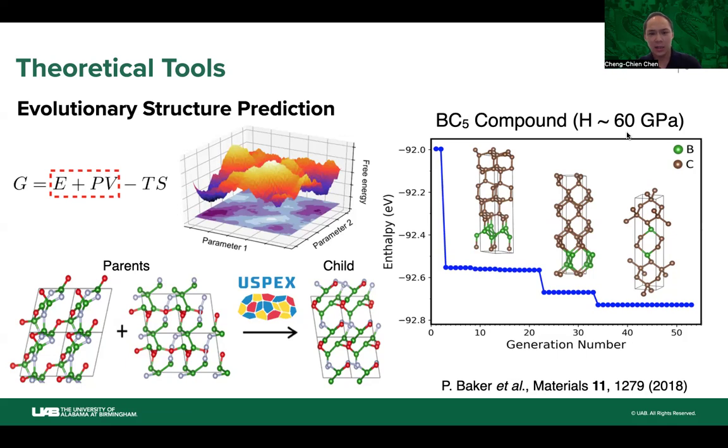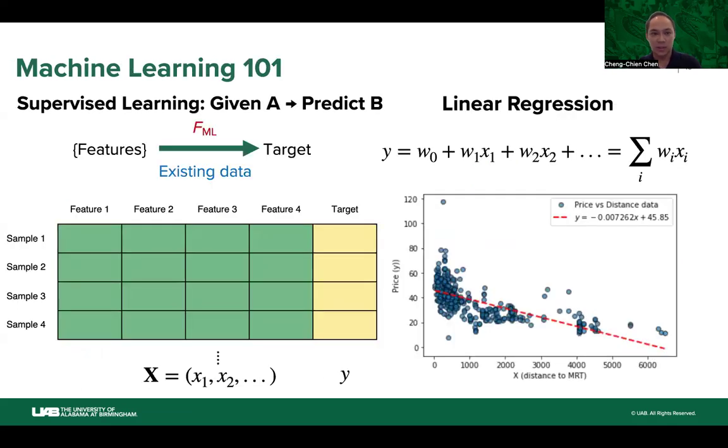Okay, so the DFT calculations and also the structure searches we just discussed can be computationally expensive, especially when the unit cell has lots of atoms. Therefore, to facilitate large-scale computational materials modeling, it would be nice to have alternative methods, and one very promising one is of course machine learning.